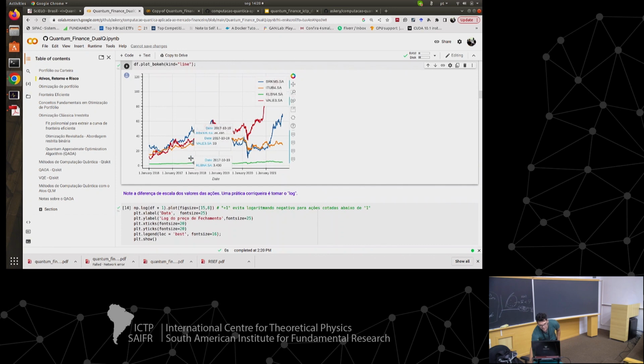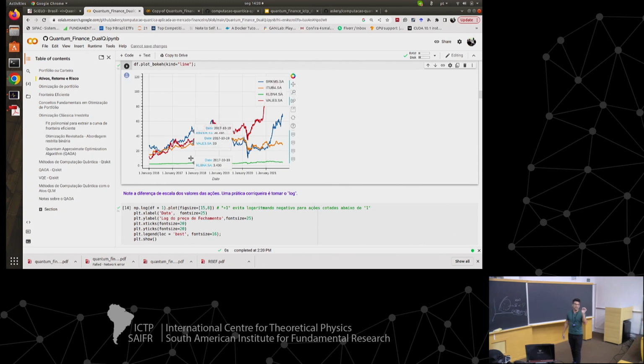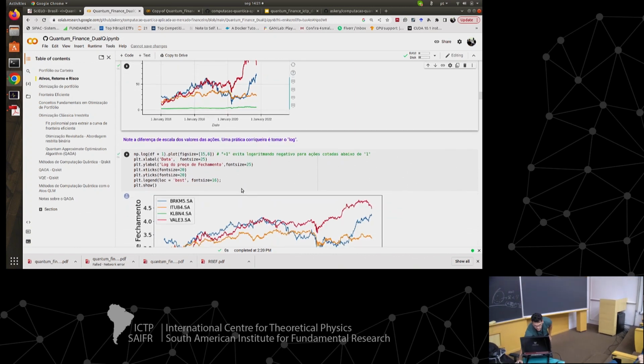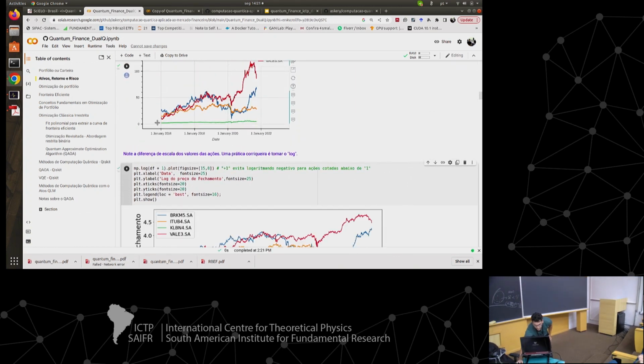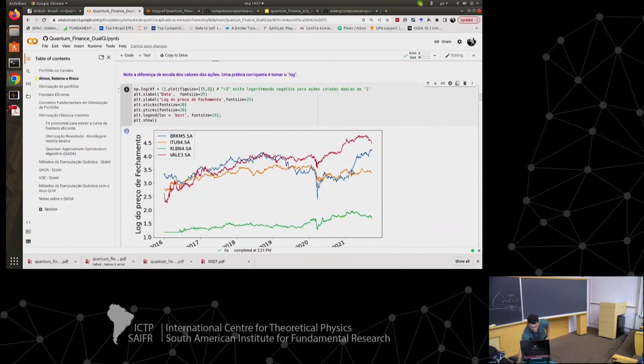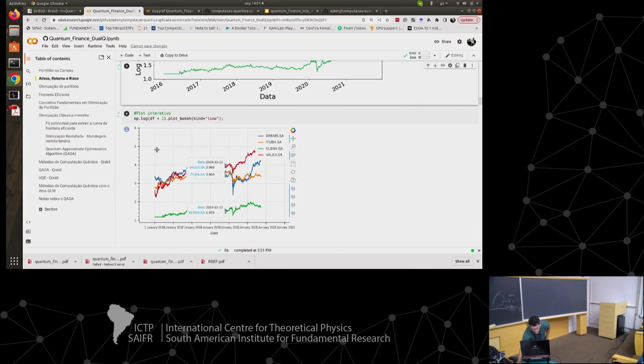And here's a nice thing: when you do some papers, they take the log of the value, log plus one, because the scale of the prices can differ a lot. When you take the log, they more or less converge to the same scale. And then you can see it here. You see that this stock fluctuates close to 0 in terms of the orders. So you take the log to make them more or less the same scale. It's a routine practice.